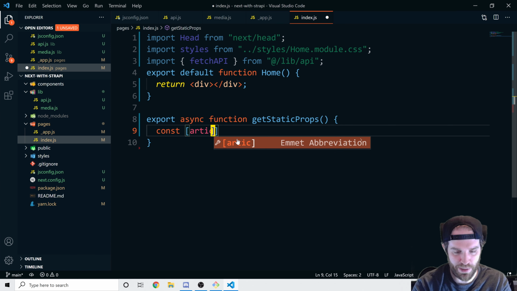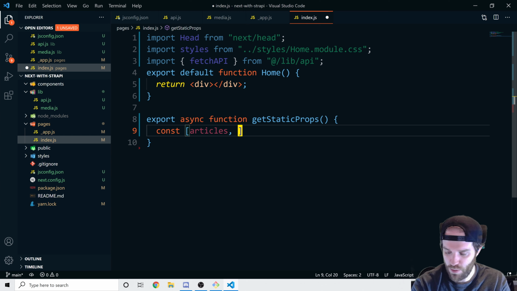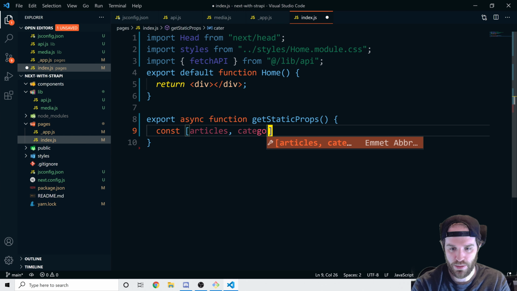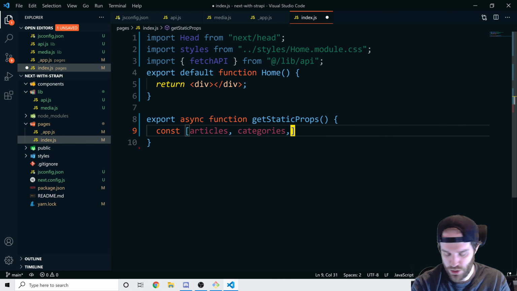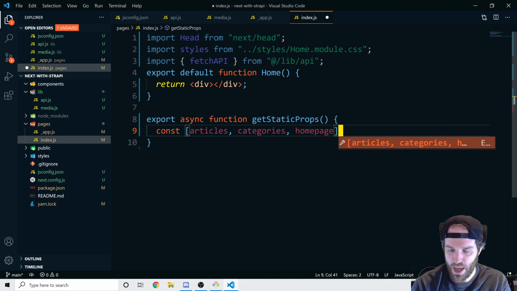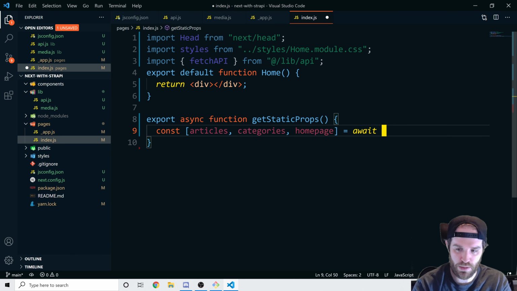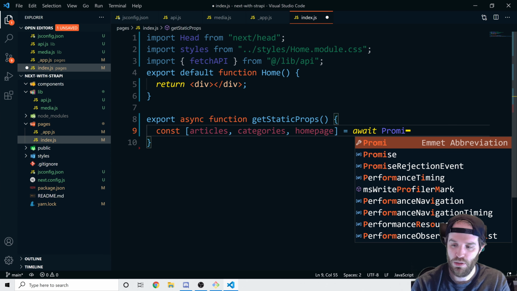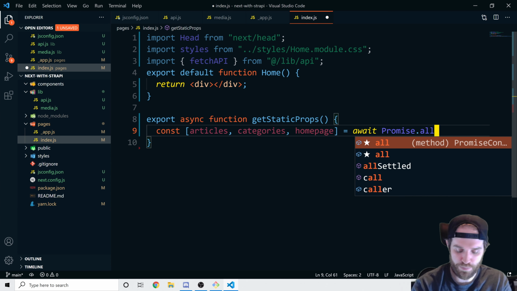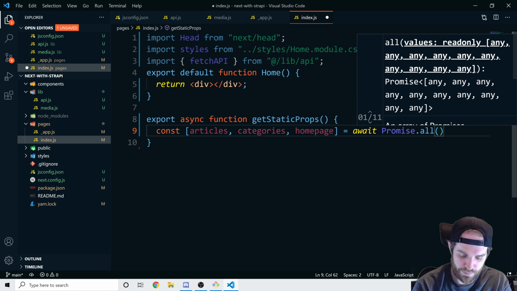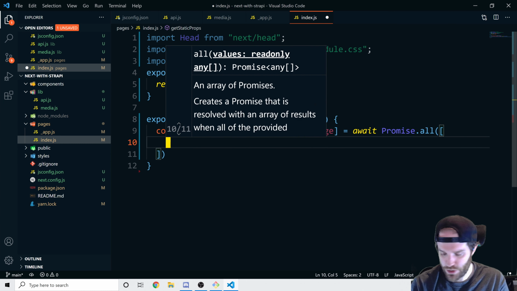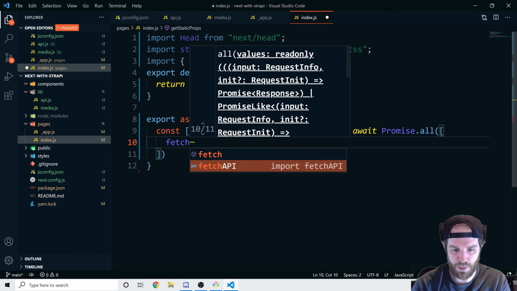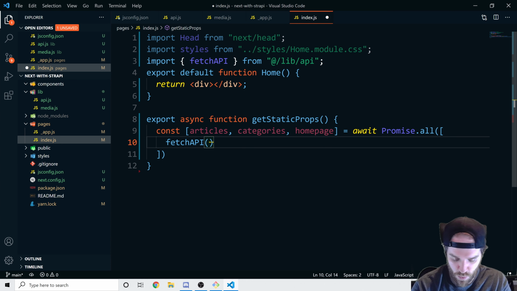The first call will be to our articles, one will be to our categories, and then one will be to the home page. The way that this works is we're going to do an await, and then promise dot all, and then we're going to make 3 calls here. The first call is just going to be fetch API, and then where we need to go, so /articles, to this articles section,